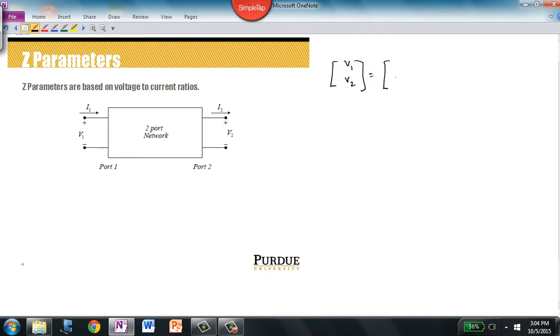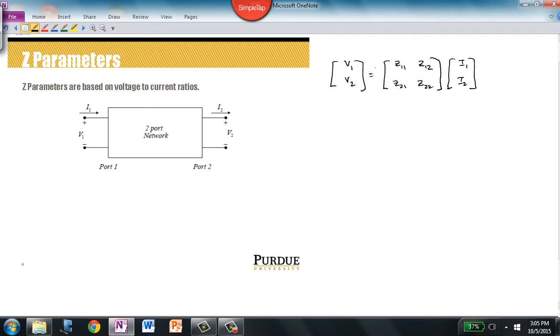which is equal to the port parameter matrix Z, which consists of 4 elements: Z11, Z12, Z21, and Z22, times I1, I2. And if you're not familiar with matrix notations of systems of equations, what this is,